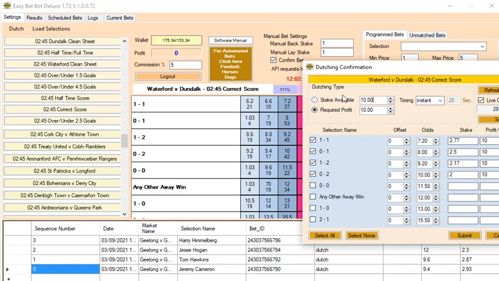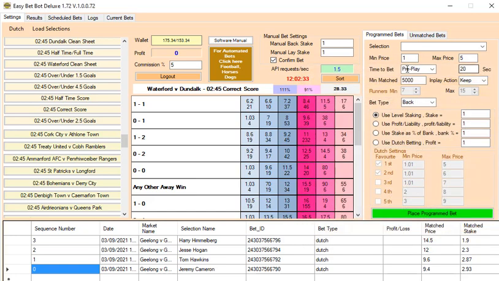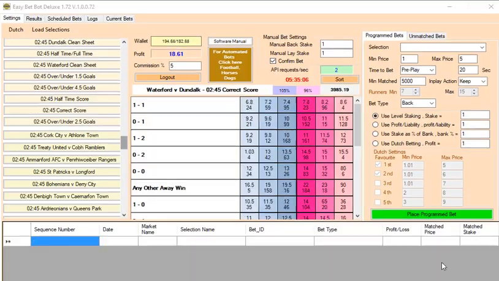That's how quick the Dutching tool is, and as I said, you've got the live odds and you've got the offsets here. Please use the offsets if you want to guarantee to get your Dutches done if you're doing them instantly. Okay, so the next thing I want to show you is let's have a look at how to use